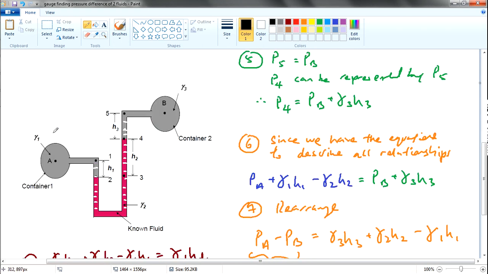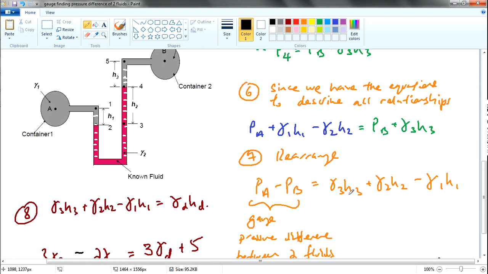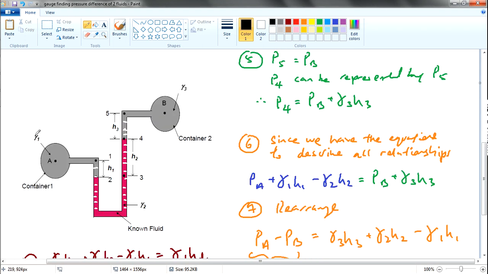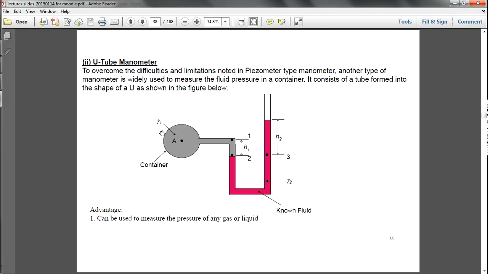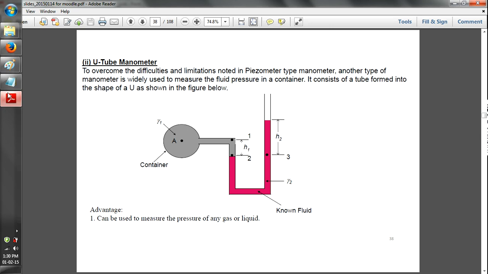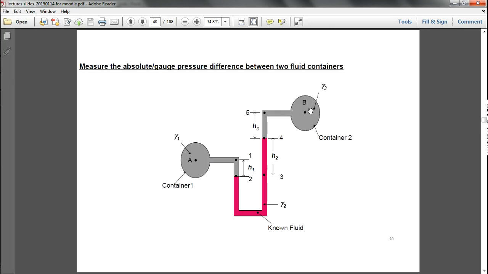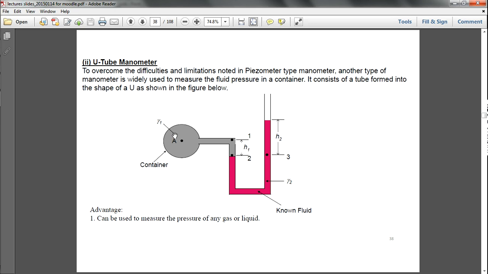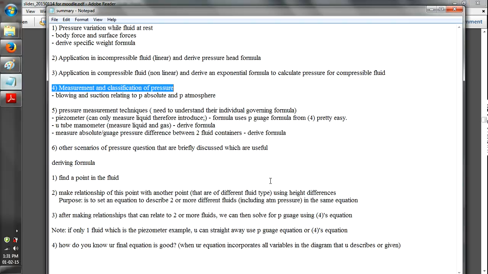In order to solve this pressure difference, one thing I thought of is, given that we already know the density of container one, that means we already know the density of these two fluids beforehand. If you want to know fluid A's density, you can actually use the U-tube manometer. Similarly, if it's fluid B, you can also use this to measure density first. Once you get the density, you know the variables,